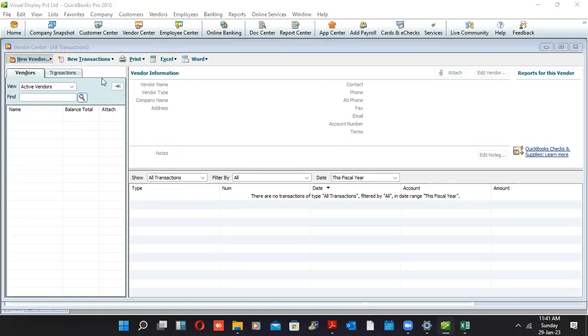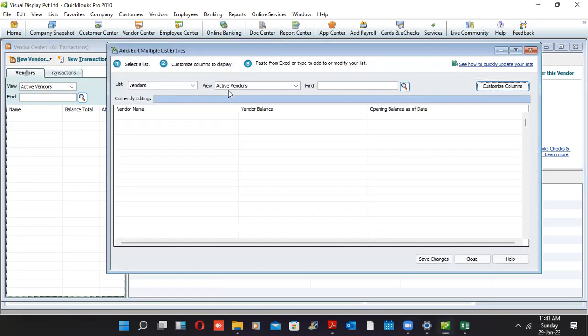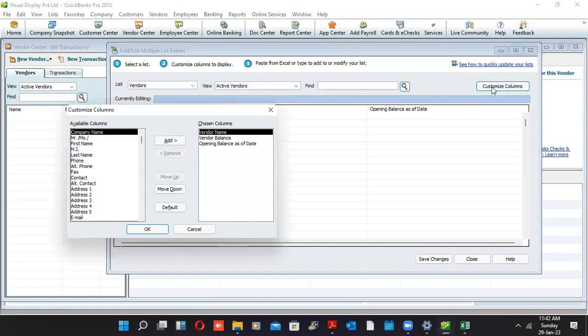Right now after doing that, go on the right side of the next window, you have customize columns. So click on customize columns. In the customize columns,